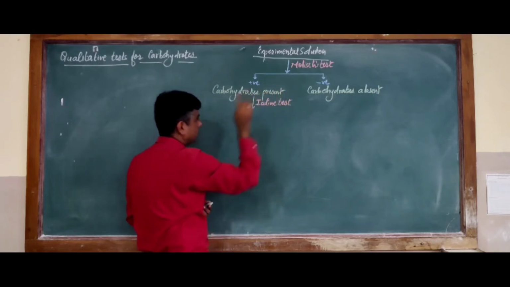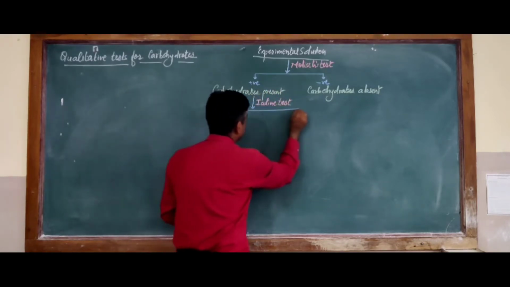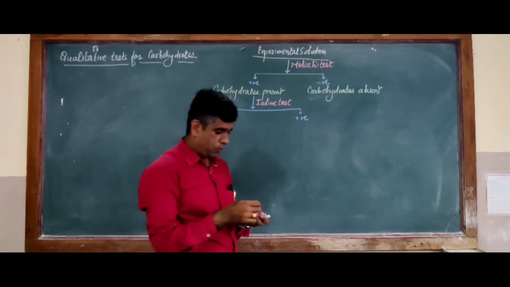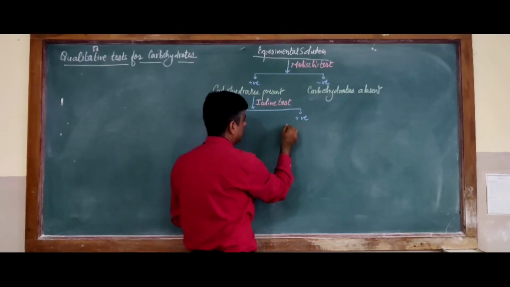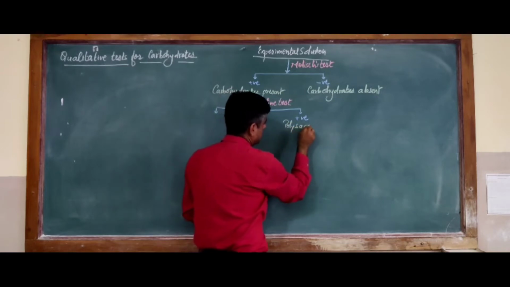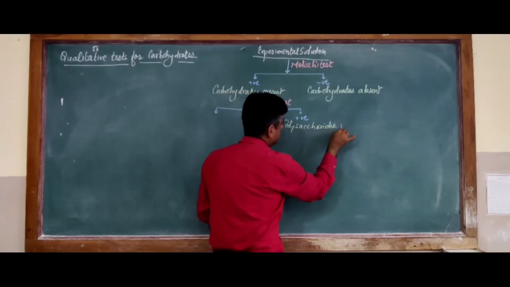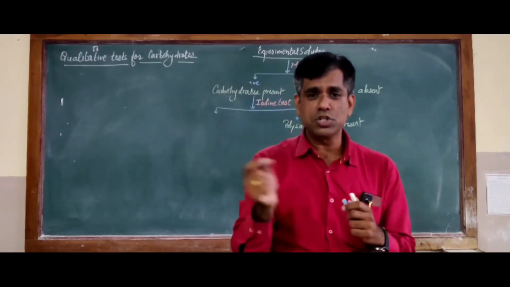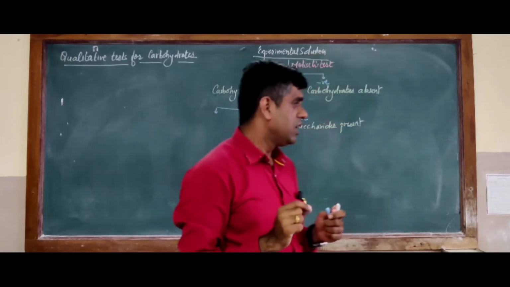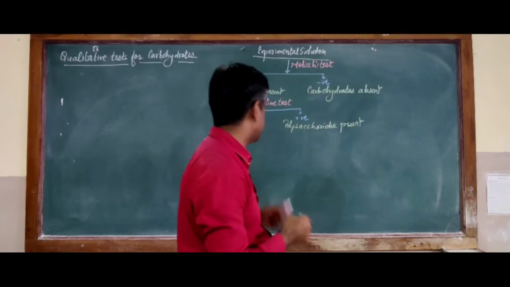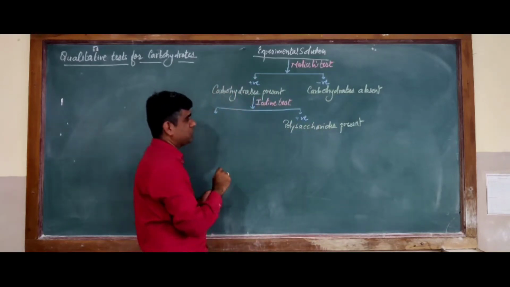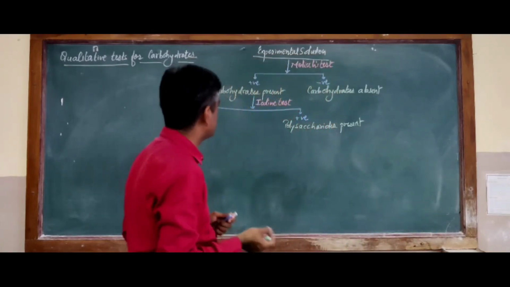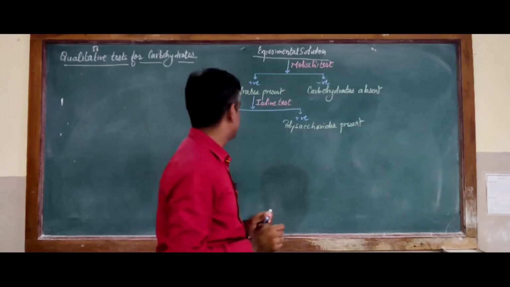You must have heard of this test many times, generally done for starch. Polysaccharides will give this test positive. So if this test is positive, you can say that some sort of polysaccharide is present. You can also differentiate on the basis of color. If you get a bluish purple color, you may say that starch is present. If you get a reddish color, you may say that glycogen is present. So if your iodine test is positive, my sample contains some sort of polysaccharide, amylose, amylopectin or glycogen. So polysaccharides are present in the given sample.